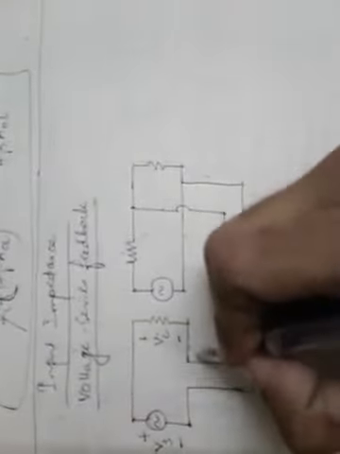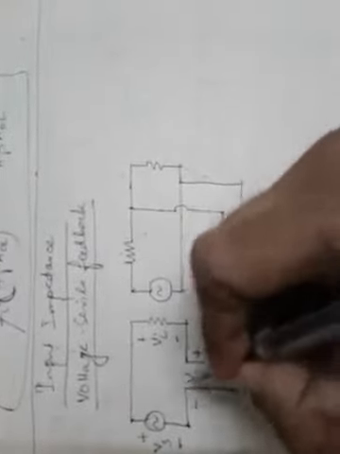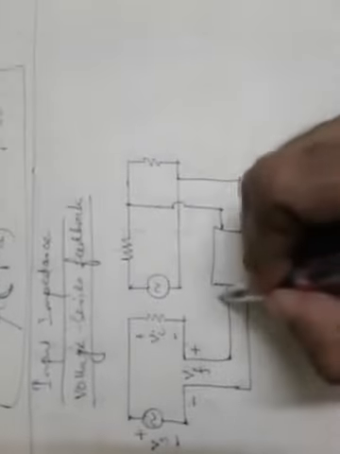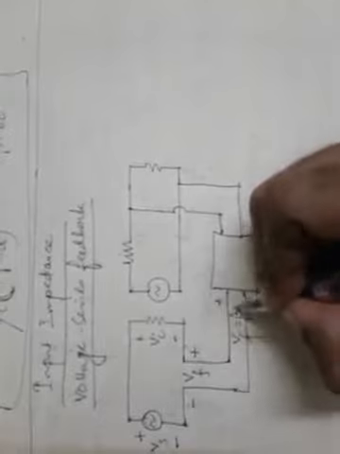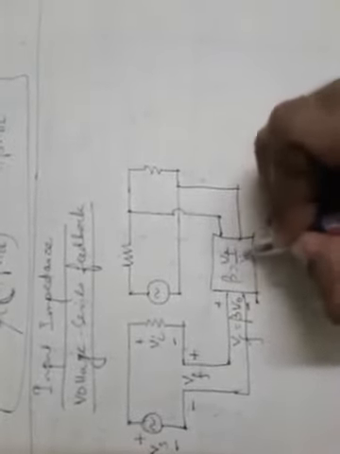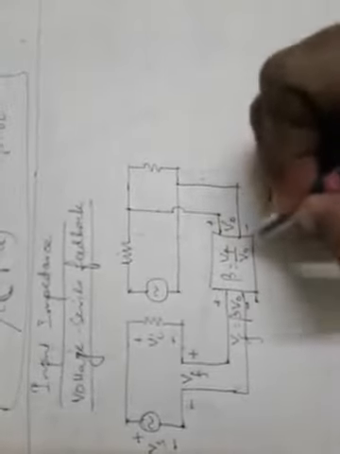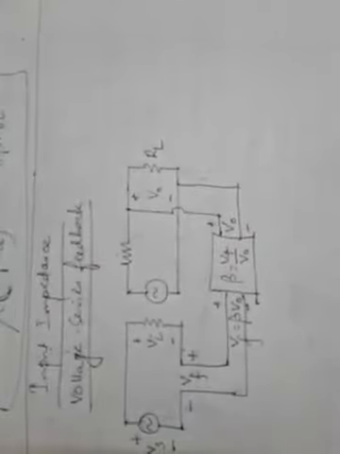And since it is negative feedback, this side is plus and this side is minus, and this voltage was fed back, which is Vf, and this Vf was nothing but beta Vo, where beta is Vf by Vo, the gain of the feedback network. At the input of the feedback network it was Vo, which is being tapped in this fashion. So this is Vo, and the load resistance connected is RL.